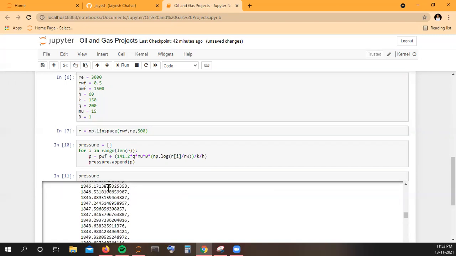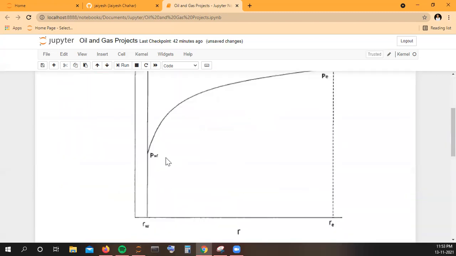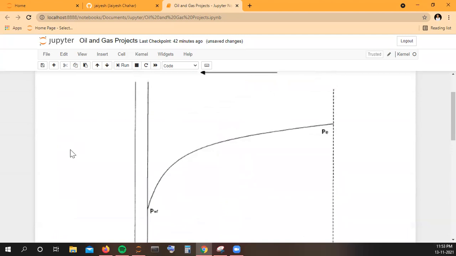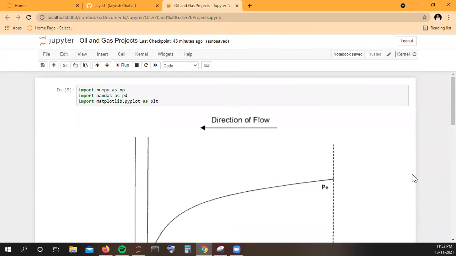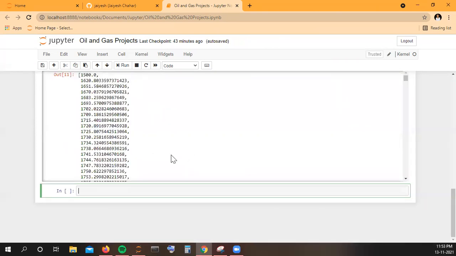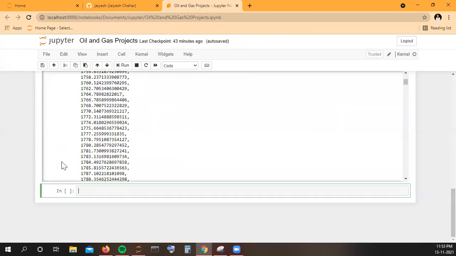Always remember, every point in the 360-degree space at this particular radius will have this pressure. Symmetry is maintained, so always imagine it that way, like a funnel. Don't imagine that it will be in one direction only; it is in all directions. So now let's do the plotting.